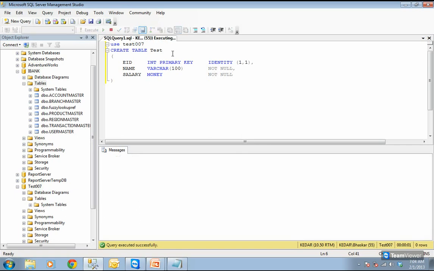So F5, I have executed this. Let me insert some data in it. Insert into values. Since the first one is an identity column, you need not supply the value because identity means the numbers are generated automatically. The starting number is one. So this is the meaning of that.